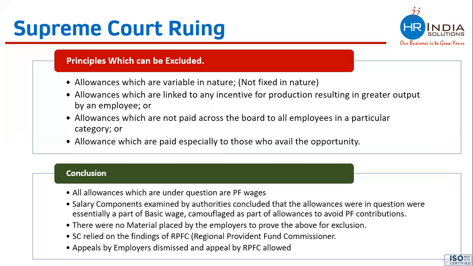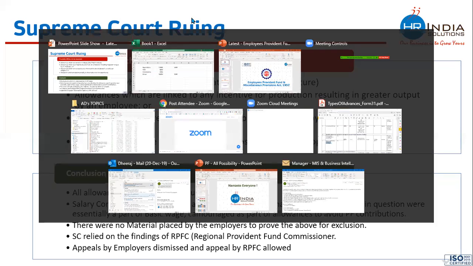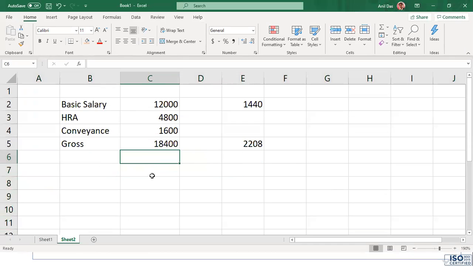We have the entire judgment with us, which we would be sharing with you along with the study material. After this judgment, which came in July 2019 from the Supreme Court, deducting provident fund only on basic salary has stopped, and every company has started taking the entire salary for calculating PF wages. The wages on which provident fund is paid is called PF wages. So PF wages include your basic salary and all other allowances. But as an employer, you are always free to limit your contributions to 15,000.